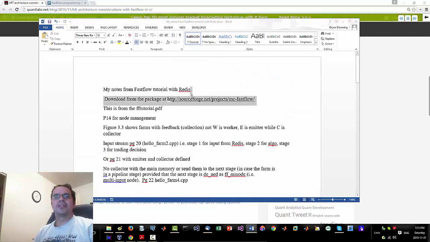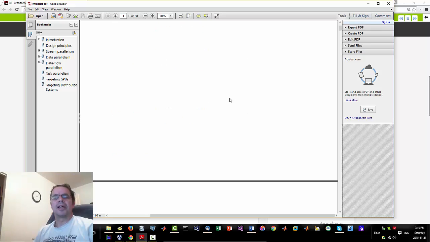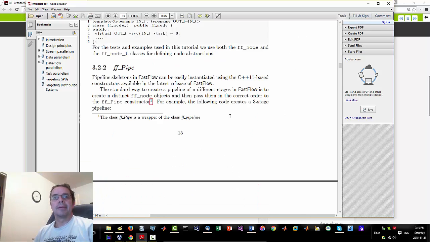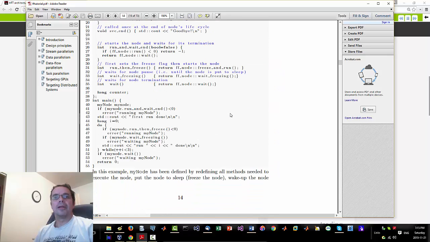So as I said, just download the source code. You can do an easy build. There's instructions on how to do that. I'm not going to do that. But this document I'm talking about is the FF tutorial. Now let's go through section by section. This is the document, so we're looking at page 14. Okay, all right, so